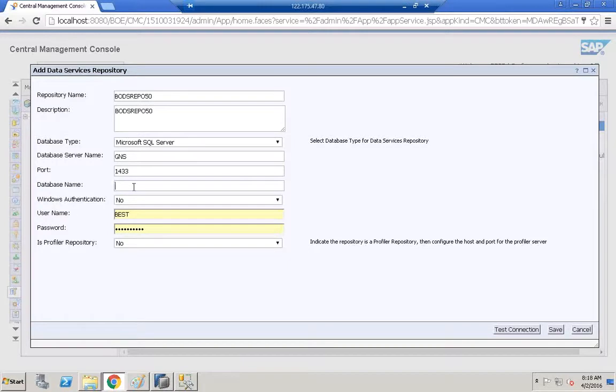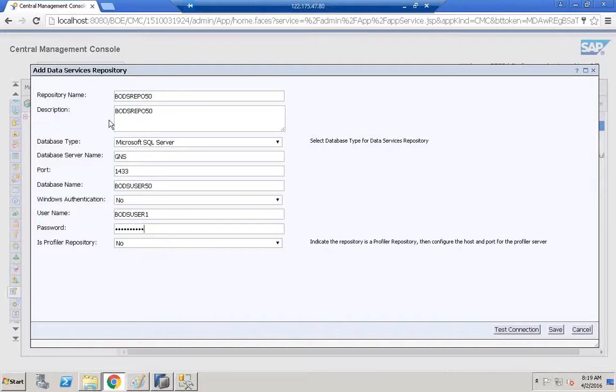Database name BODS user 50. Username BODS user 1, and the password welcome